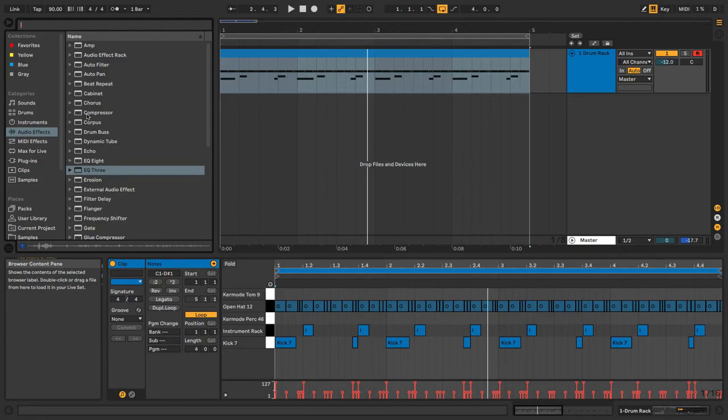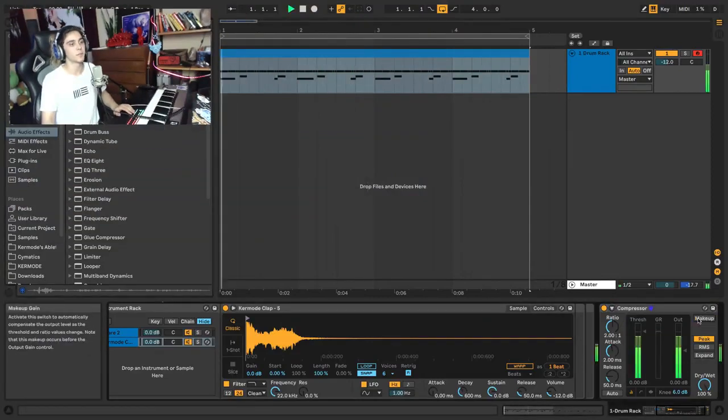So the first is known as a compressor, and a compressor is a device that is used to alter the dynamics of a sound. The dynamic range of a sound is how much volume it has from its loudest point to its quietest point. So if a sound is very dynamic, it has a big range of volume. If something isn't very dynamic, it doesn't have a big range. And drums, being such dynamic sounds because they're big bursts like that, a compressor is really useful because it can turn down things that are too loud. For example, on our beat here,